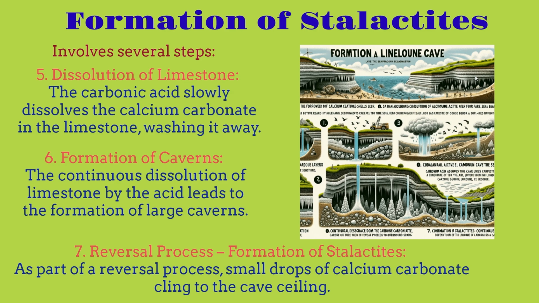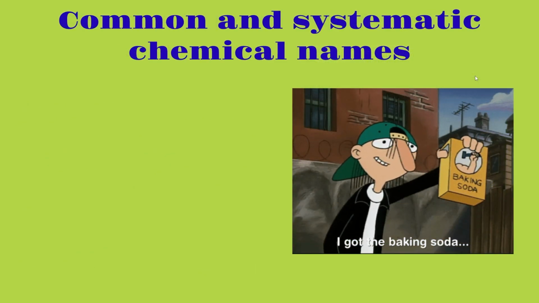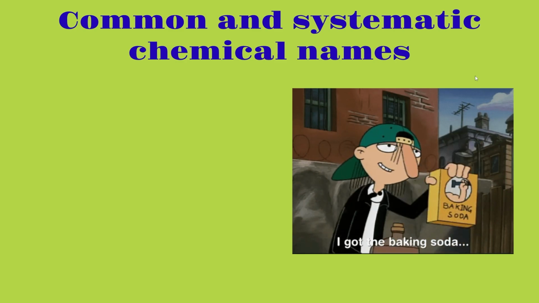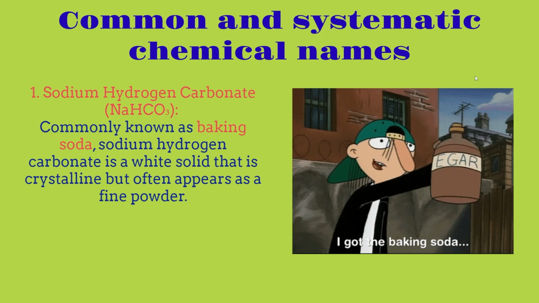So this gave a little bit of a quick introduction to this chapter, part 2. Now we're going to go over the difference between common and systematic chemical names. We're going to take 3 different examples so that we can understand the difference between these two. For the first example, we have sodium hydrogen carbonate, which is